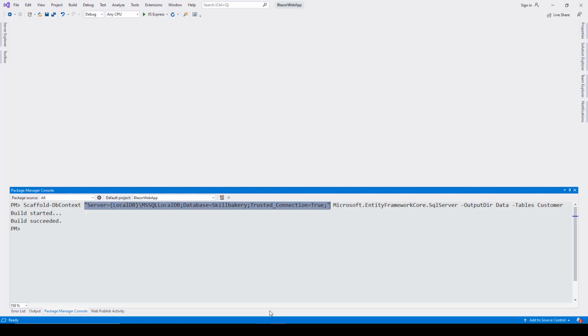So here in our package manager console, command Scaffold-DbContext, and then we have Server equal to the server address, then Database as SkillBakery, and if you are using username and password, you can provide that. Here we are making use of Windows authentication, so we can skip that. Then Trusted_Connection equals true. And here we are using the NuGet package that we installed in our previous lecture,